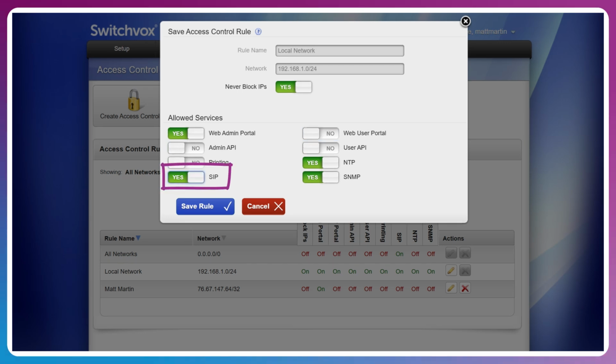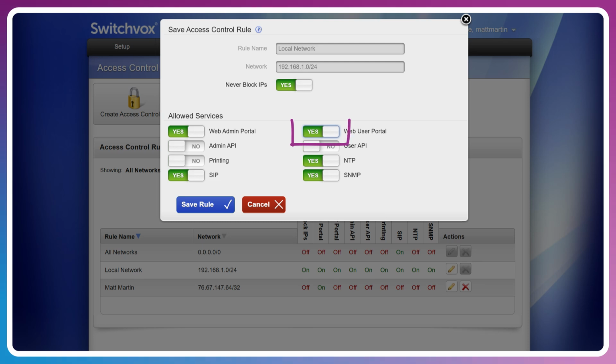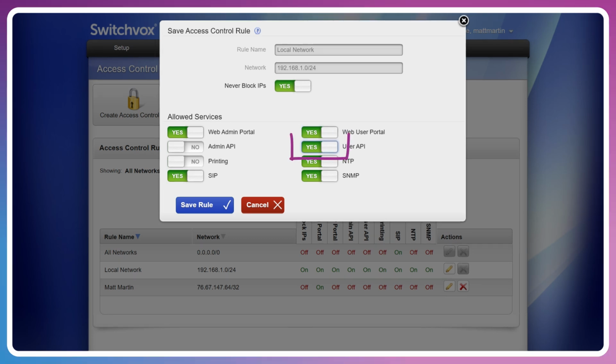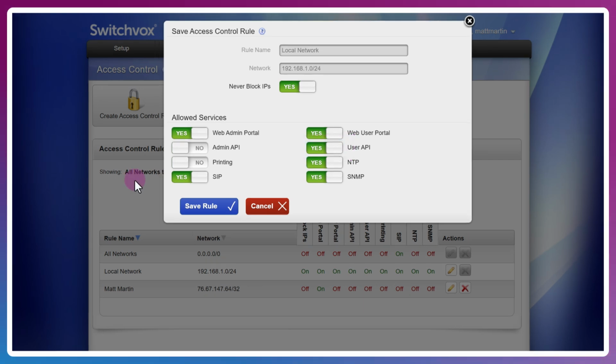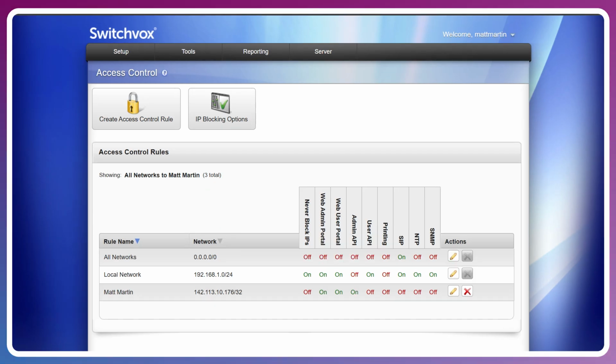SIP and the web user portal so that local phones can register to the Switchvox, our users can access the user portal, and user API, which will allow phones to get their provisioning and firmware. Okay, let's save this. Now let's take a look at the all networks access control rule, which is covering all